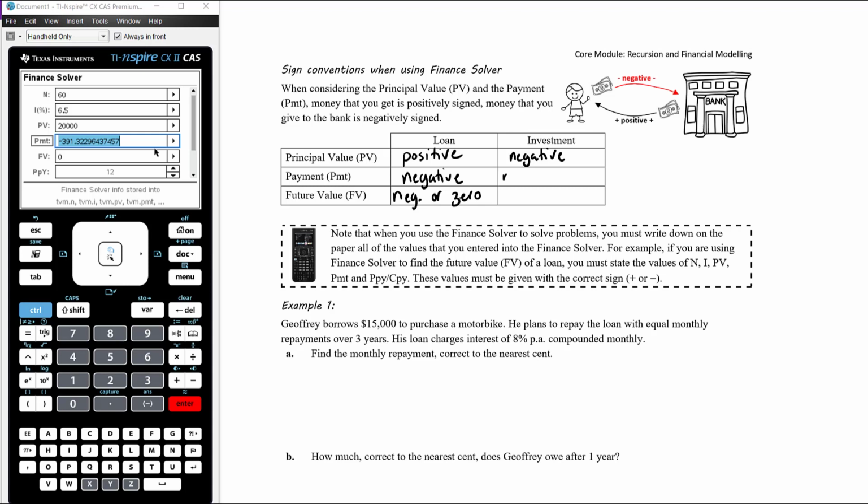Okay, so this is probably a bit situational dependent. They can definitely be negative or positive. It might be 0 if you're just leaving the lump sum in there just to earn interest. The future value of an investment will generally be positive, because it's your money, or it could be 0 if you've withdrawn the full balance and there's